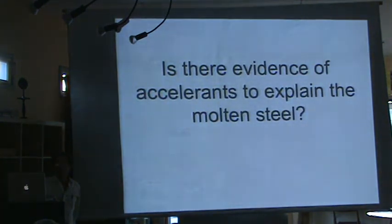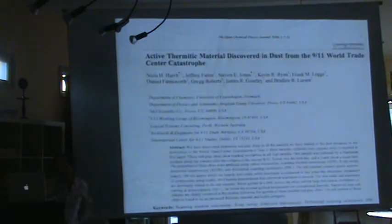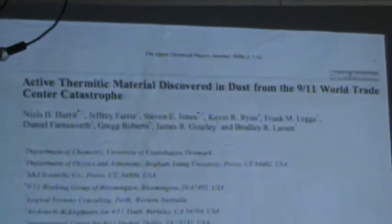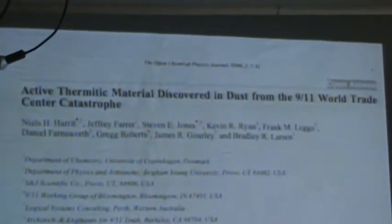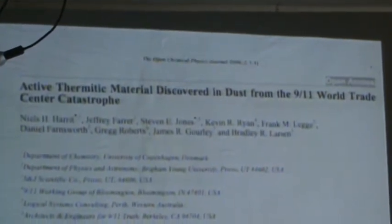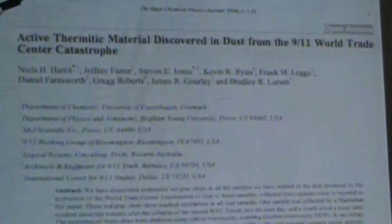Okay, so is there evidence of accelerants to explain the molten steel? Well, yes, there is. This is the first page of an article in a peer-reviewed journal, by Stephen Jones and several other authors. In this paper, they describe what they found in the dust. They got 4 samples of WTC dust and investigated it. They found little chips that were red on one side and gray on the other, and on the red side they found material that appears to be a type